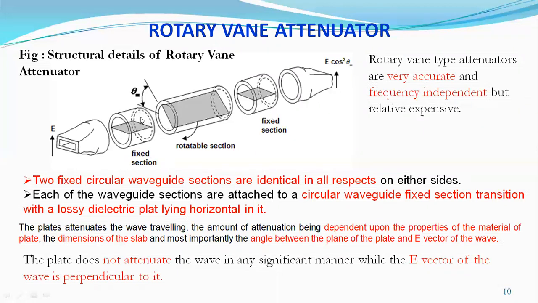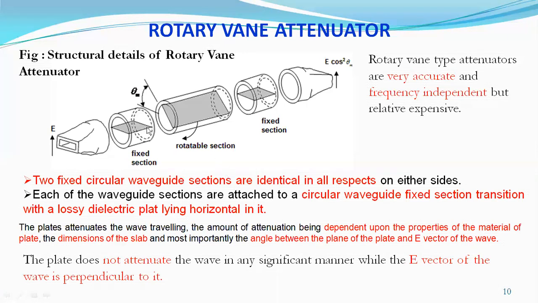So there is a circular waveguide. Suppose this is the electric field lines; this is the direction of E. If the electric field lines of the wave are parallel to each other, that means the wave is perpendicular to this resistive card, and there is no effect by this resistive card on our wave that travels through it. Suppose the wave is parallel to the resistive card, that means the electric field lines of the wave are parallel to the resistive card, then the resistive card absorbs that wave, so no output comes from this waveguide.